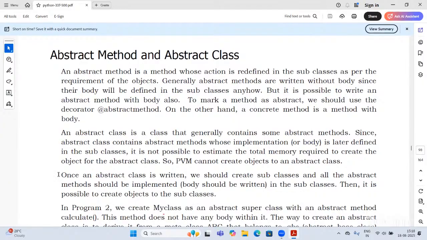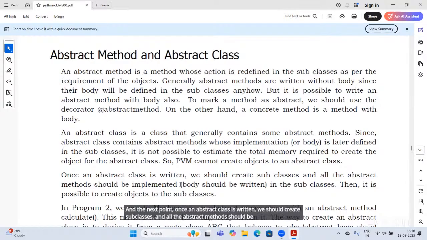The next point: once an abstract class is written, we should create subclasses and all the abstract methods should be implemented.